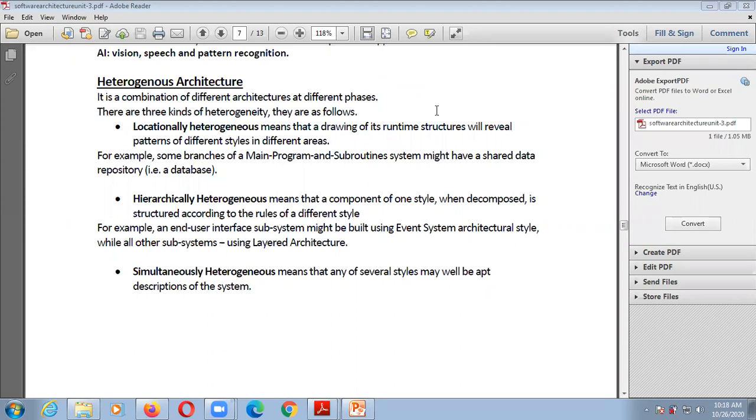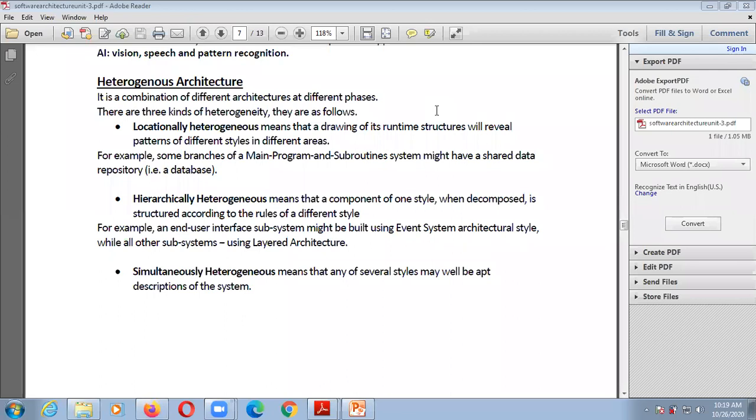That means a database. At runtime, it is possible that changes happen to the database. So based on that runtime we have to draw that architecture, that is locationally heterogeneous architecture.